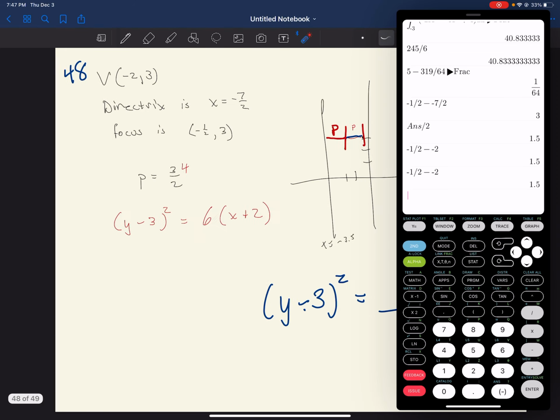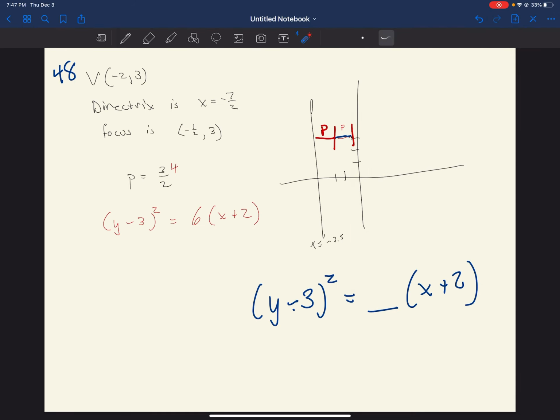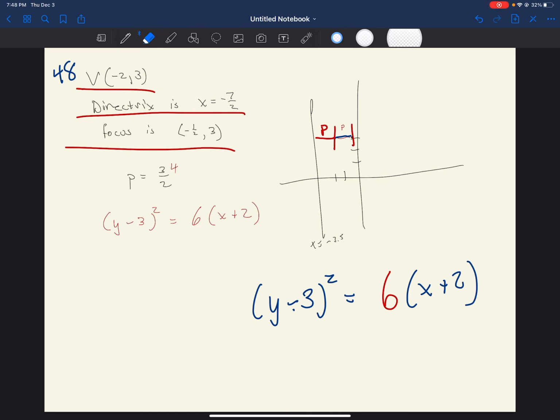But that's not what goes here. What goes there is 4p. So notice I multiplied by 4. 12 divided by 2 is 6, and that's how the 6 got there, and that's how I'm going to put it right there. So there's that information. I slowed down on this because they gave me the vertex, the directrix, and the focus. The only other two things to do would be to get the latus rectum and/or the endpoints of that. And to do that, all we have to do is